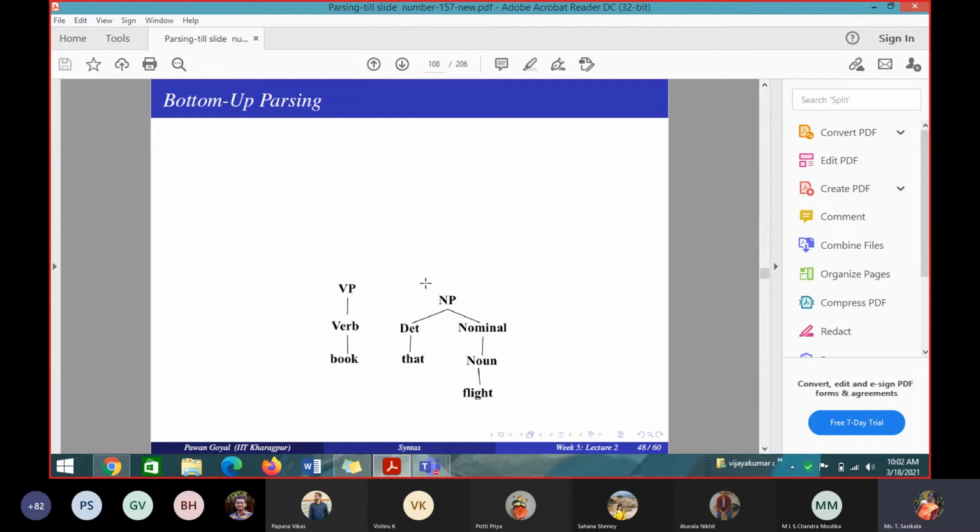VP. That's why I am again putting VP. Then on the right hand side, S gives VP. But this S gives VP, only one path I have. This path itself I cannot take, because S gives only one path, VP. VP gives verb. Verb gives book. So using this S gives VP, I can take only one word. I can derive one word. I cannot derive 3 words to make a sentence. So that is also wrong.